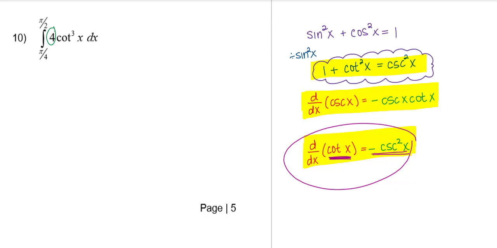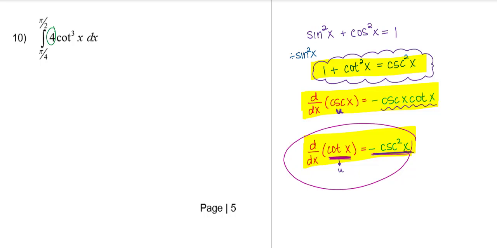So this is definitely powers of trig, but what I'd like you to make sure you understand is that if you're going to let u, for example, be cosecant of x, in your integrand you need to have the trig functions negative cosecant x, cotangent x, because you have to have your du there as well. So if your u is cotangent, the same thing is true. Now I have to have a negative cosecant squared x somewhere in my integrand